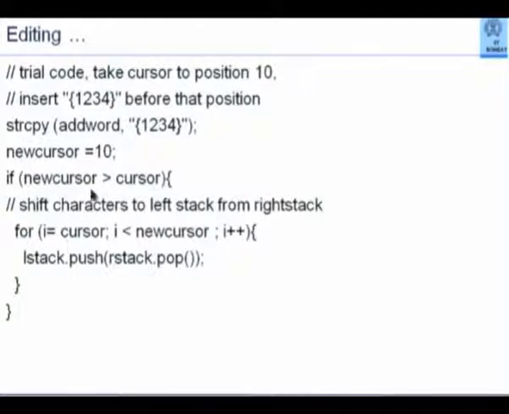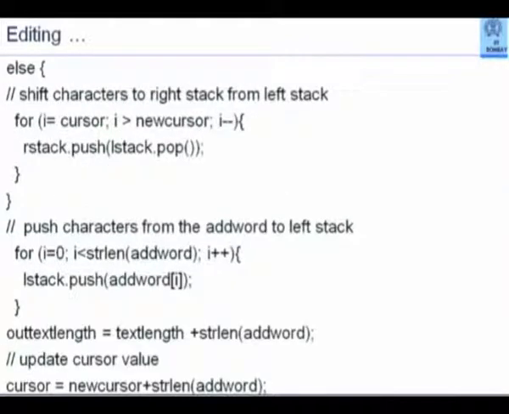Of course, my new cursor may not be greater than cursor. It may be less than cursor. If that is so, what happens? Else, shift characters to right stack from left stack. Ulta, exactly opposite. So here, I pop from the left stack and push on the right stack. And this is executed from cursor to new cursor in steps of -1. Notice I greater than new cursor.